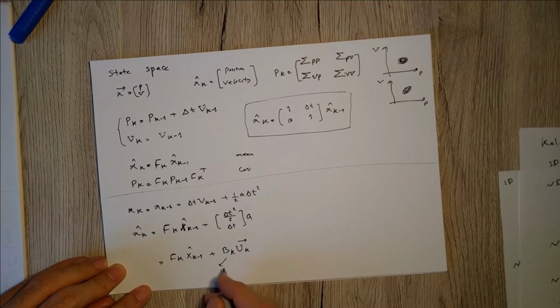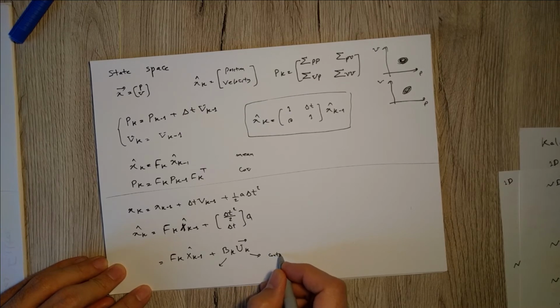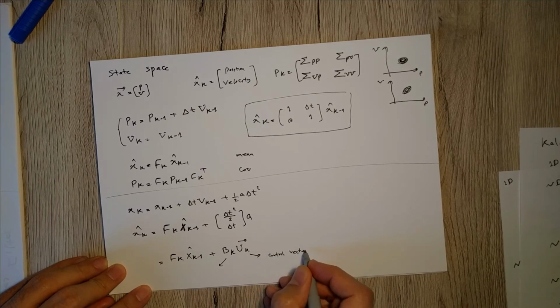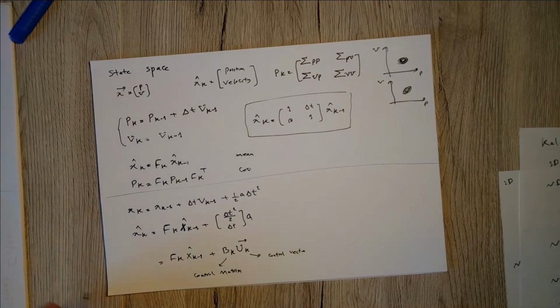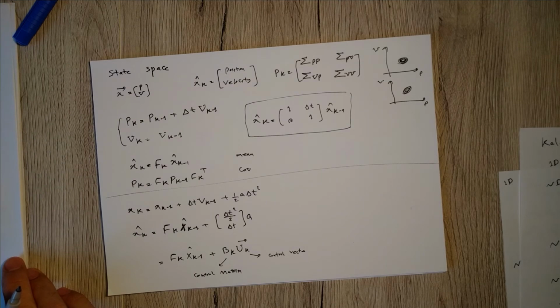Okay, so this guy is called the control vector, and this is a control matrix. This is the place where you send your motion commands and you make some changes in your system. So what's going to be the